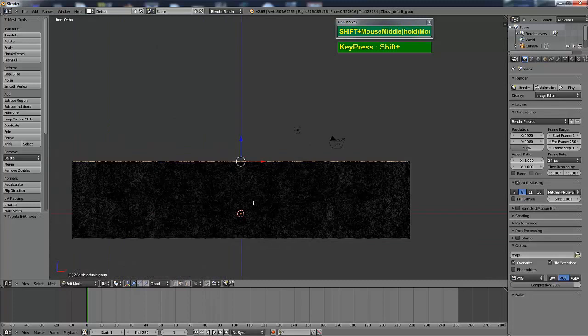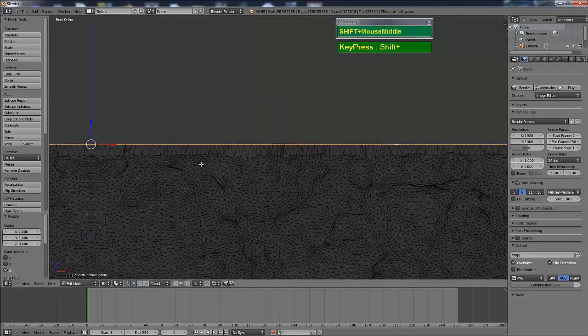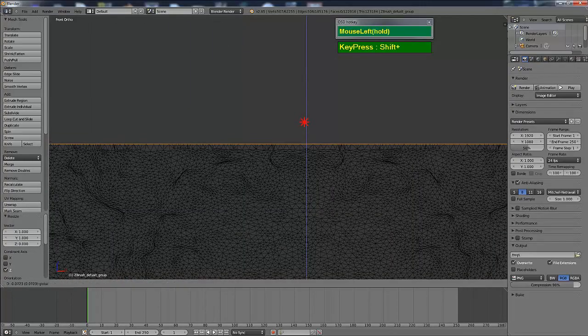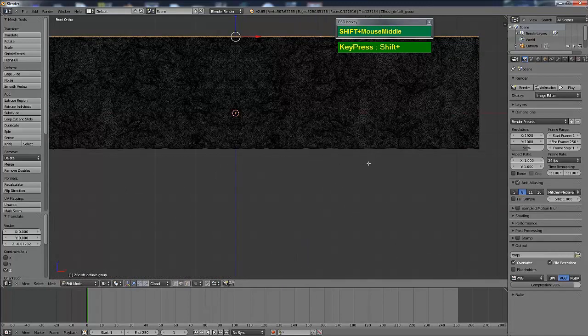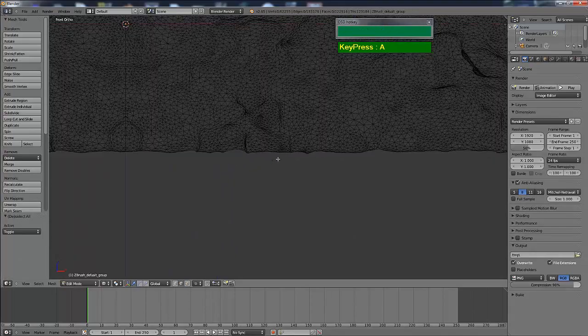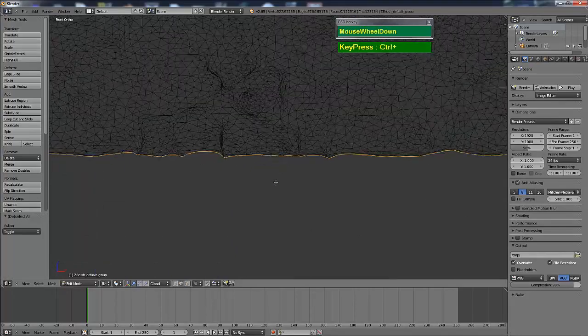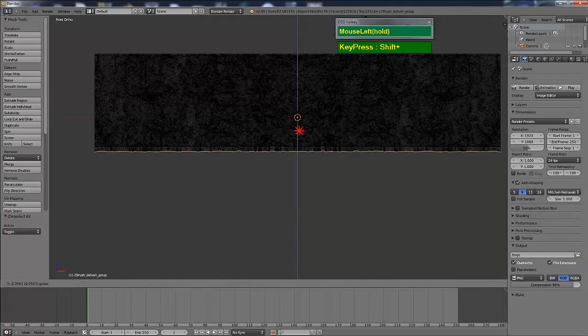So now I'm going to drag this up a little bit and scale followed by Z and then press 0 just to flatten the entire edge. Okay, and I just move it down a little bit. Now I'm going to do the same for the bottom. So I'm going to press A to deselect the top edge first, and then Alt right mouse click to select the bottom edge, which should be continuous, and then drag and pull it down.